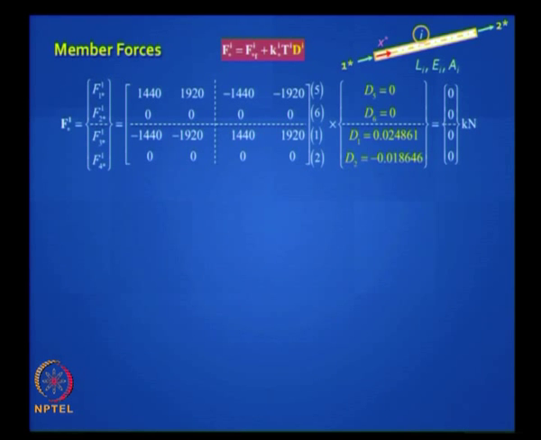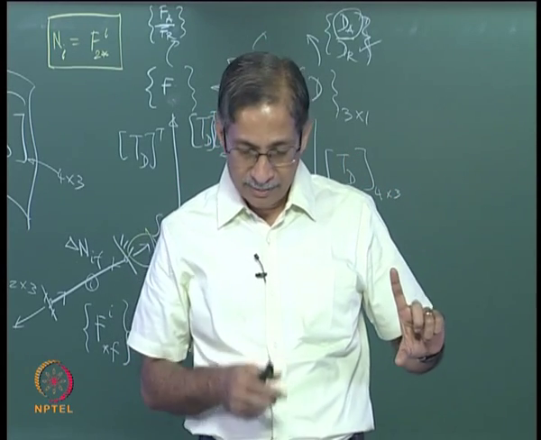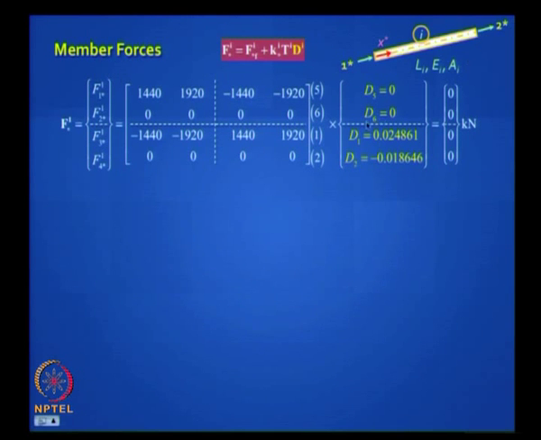okay, Ti transpose Ki. Here you have to be careful because from that large displacement vector, what is the size of the displacement vector? 6 by 1. You have to select only those 4 which pertain to the first element. So that is why I put a yellow color here to remind you that you have to do it carefully. So you take out those particular values 5, 6, 1, 2 from your dA dr and then plug that in, and lo and behold you get zeros, because for this particular problem for the loading you do not have any force in the first element. Okay, it is just an accident because the loading was such.